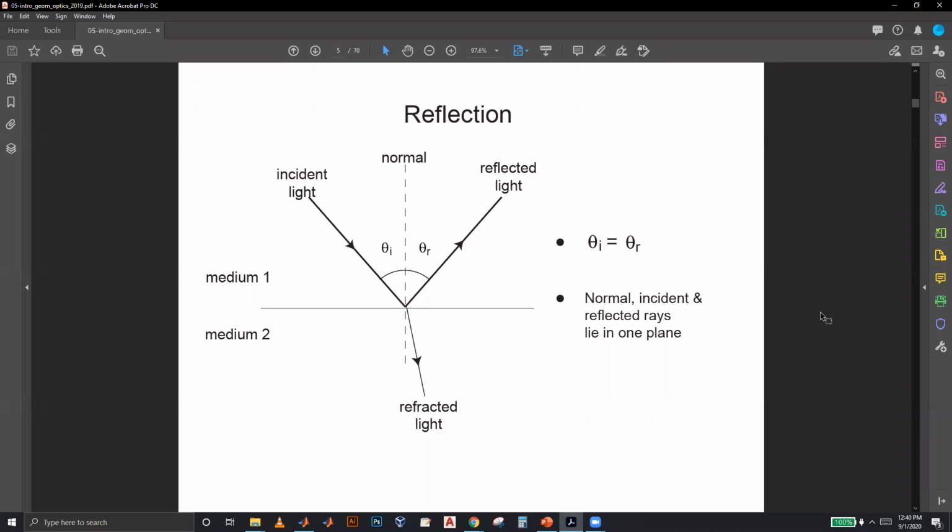Okay, so now we come to the two primary phenomena associated with optical systems. The first one being reflection. So you can think of reflection from any surface. Mirrors definitely come to mind. And I think we have all learned this equation in high school. So if you have an incident light defined as a ray coming in,